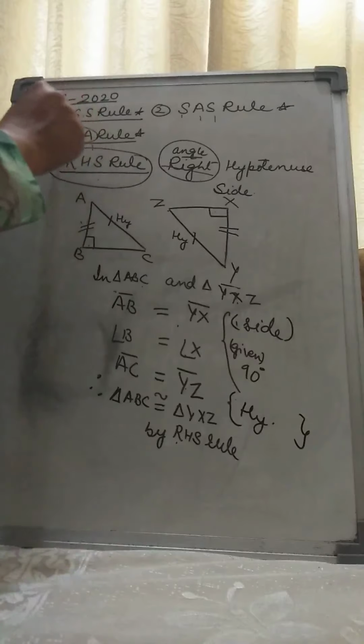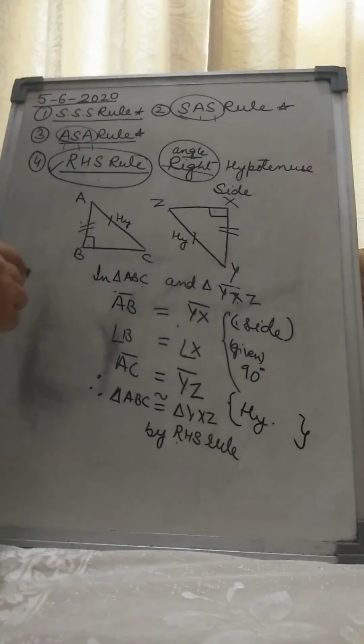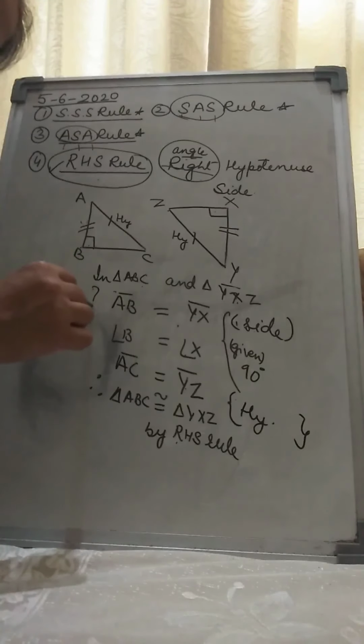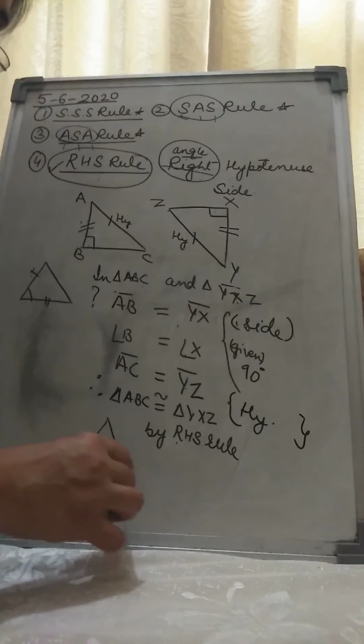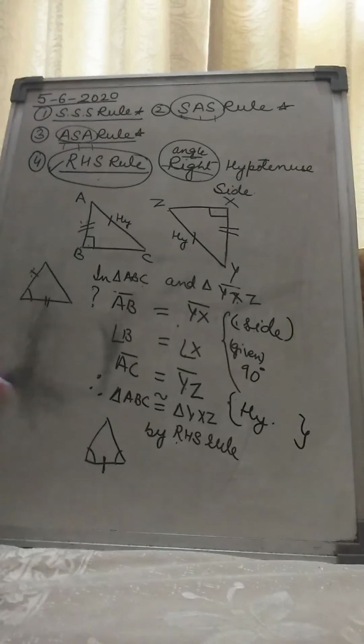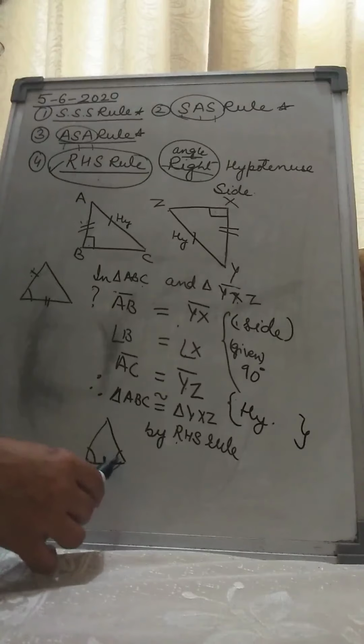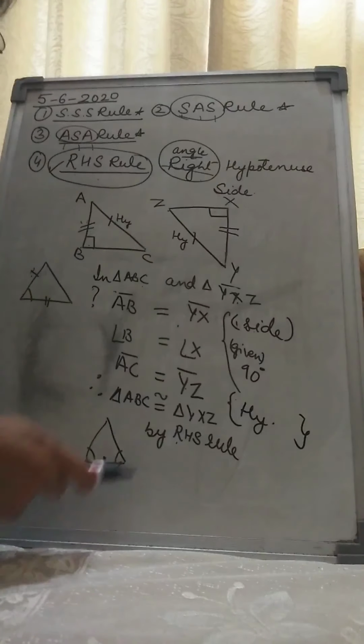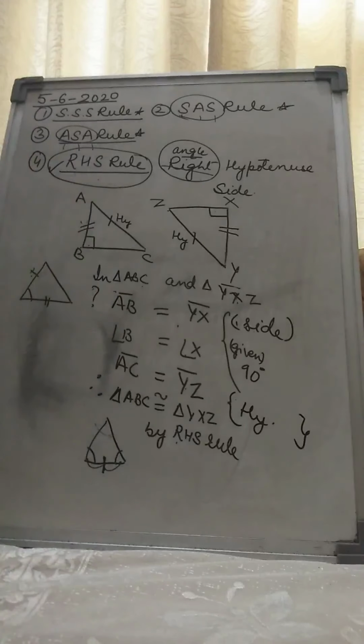Only thing here in these two, you have to see the angles and sides have to be in continuation. You don't have to pick your pencil. Side, angle, side, it should be same with the other triangle also. And for angle, side, angle, if you are taking an angle here, the side should be this one. Angle, side, angle means your pencil should not be picked to get the other angle. Here you have to pick, and right hypotenuse side. Is that clear?